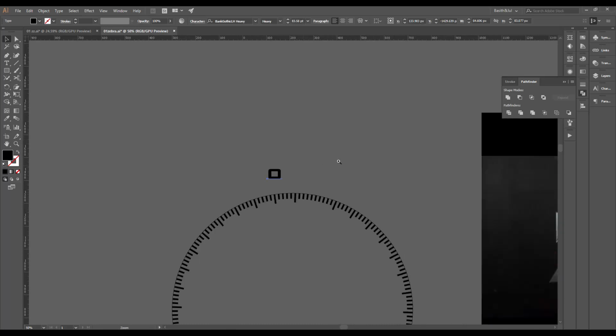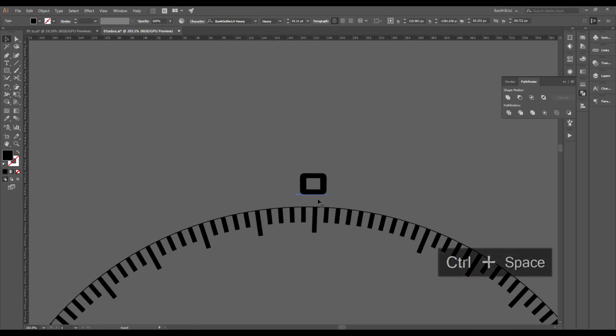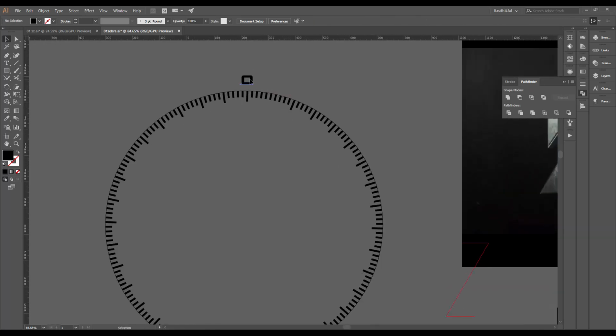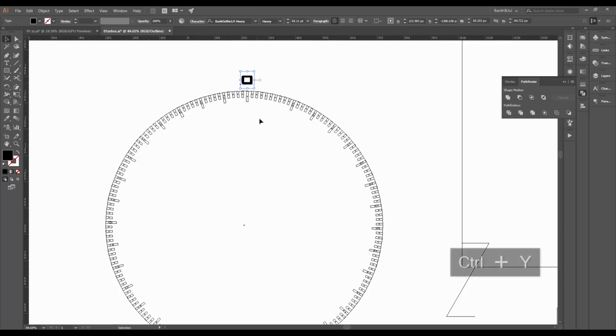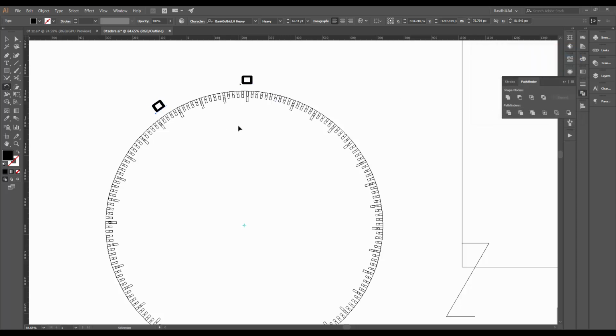I'm going to bring it to the center, making it really small. Just leave it here, and then I'm going to select it and press Ctrl Y. Follow the same process. I think the value of 36 should work. Press copy. Now we're gonna use